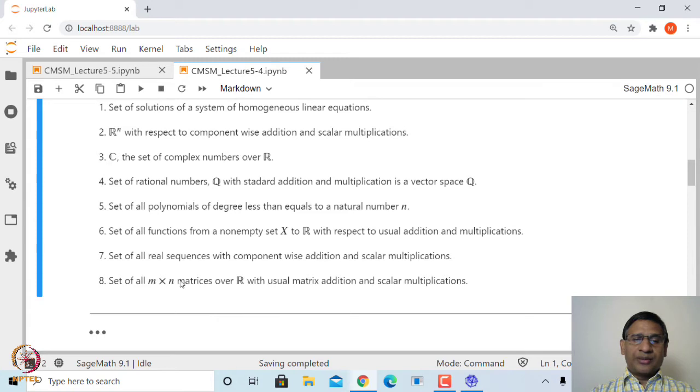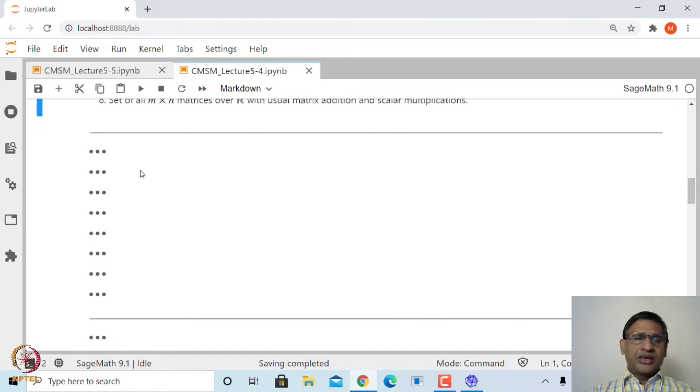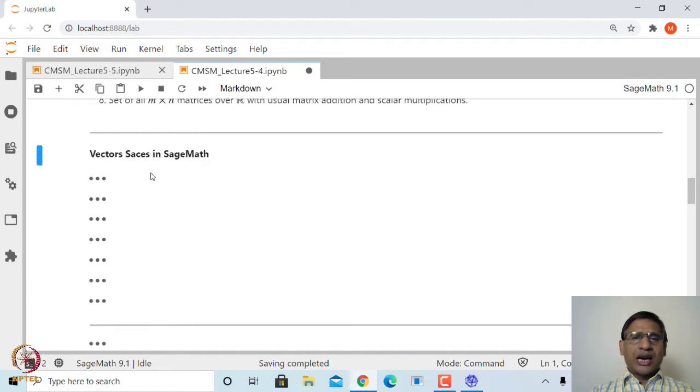Similarly, the set of all m cross n matrices over R with usual matrix addition and scalar multiplication is a vector space. And there are many other vector spaces you can talk about. These are some standard examples, but you can find many more. Right. Now let us look at how we can define a vector space